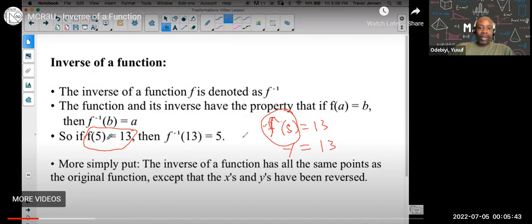And basically what we're doing is, let me just erase that because I think I screwed up a little bit. But basically what we're saying is f of x is going to equal, in this case, 13. But what we're saying is when we're doing the inverse,